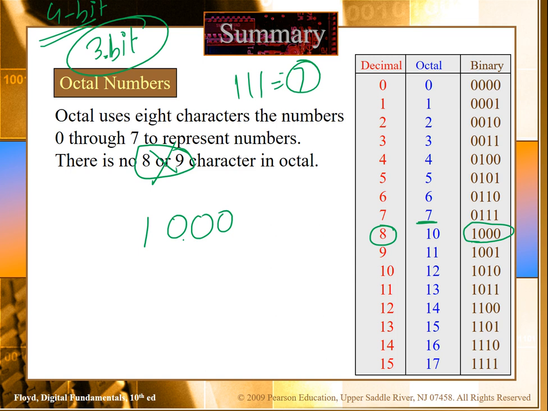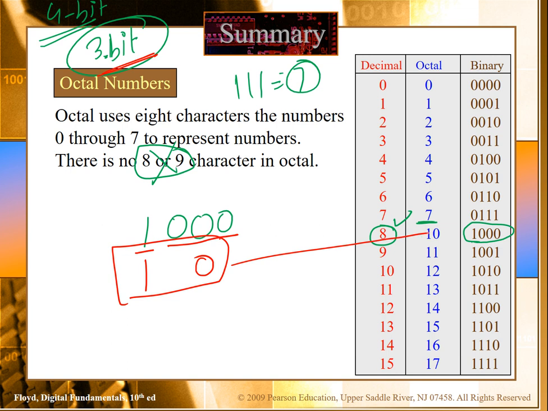In a binary system this represents the decimal value of 8, but if we want to convert to the octal system, which is based on 3 bits, we make it 3-bit groups: 001 and 000, which is 1 and 0. So in octal it will be 10.